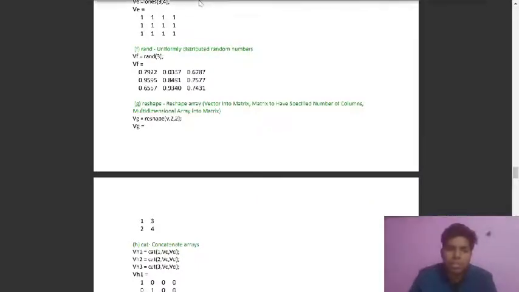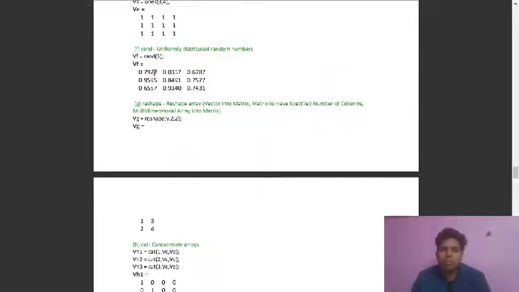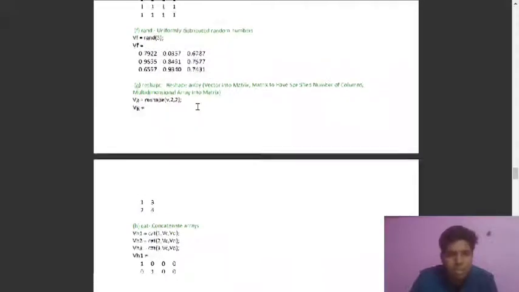Okay, so as you can see, we are creating a 3 by 3 matrix using rand. It assigns each element of our matrix some value from 0 to 1, but we have to note that this is a uniformly distributed random number. So the probability of every number will be 1 by (b minus a), where b is the upper parameter and a is the lower parameter. Here b is 1 and a is 0.